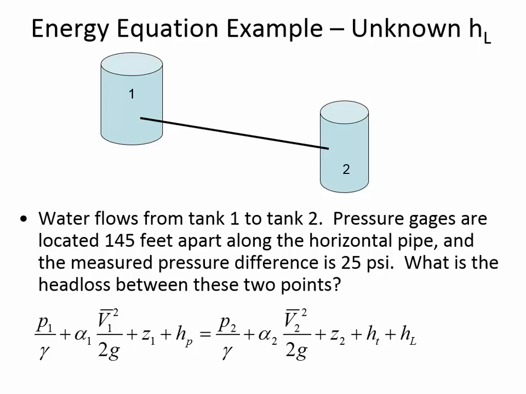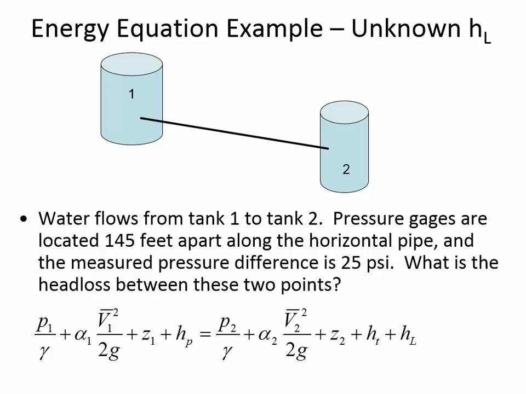There's also no turbine, so we cancel out the turbine term. What we're left with is that the change in pressure from 1 to 2 is equal to the head loss. So we want to find out how much head loss there is between the 2 points. You can calculate the head loss by just knowing the change in pressure. Another way of expressing that is delta P divided by gamma will tell us the head loss. And we know that head loss should be in units of length.